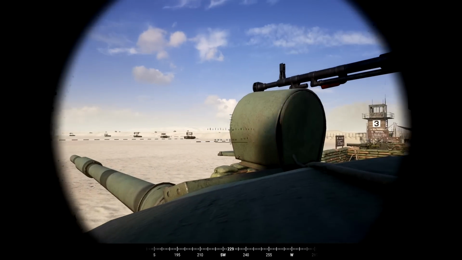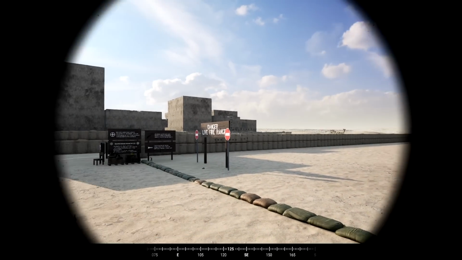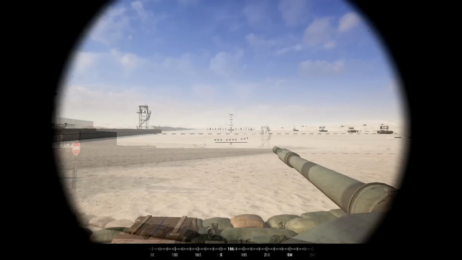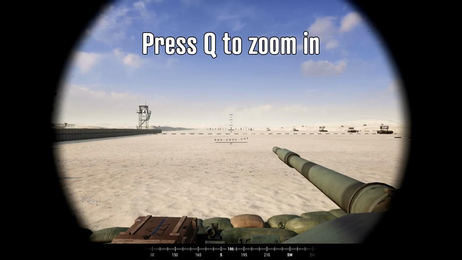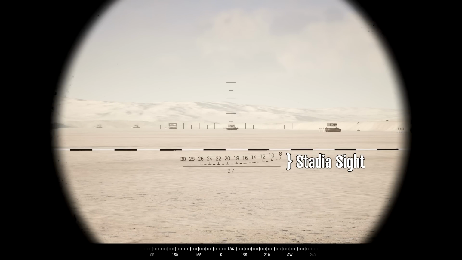The command hatch has roughly 270 degrees of visibility from the front of the gun, meaning that he will not be able to see behind the tank unless the barrel itself is turned. By pressing Q, you will zoom in on your sights. In this sight, you'll see a stadia at the bottom half of the optics, indicating ranging for targets at distances